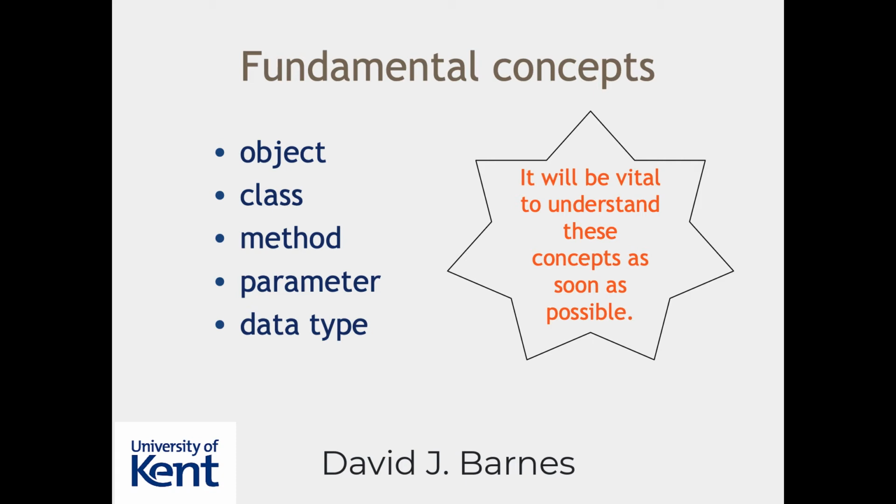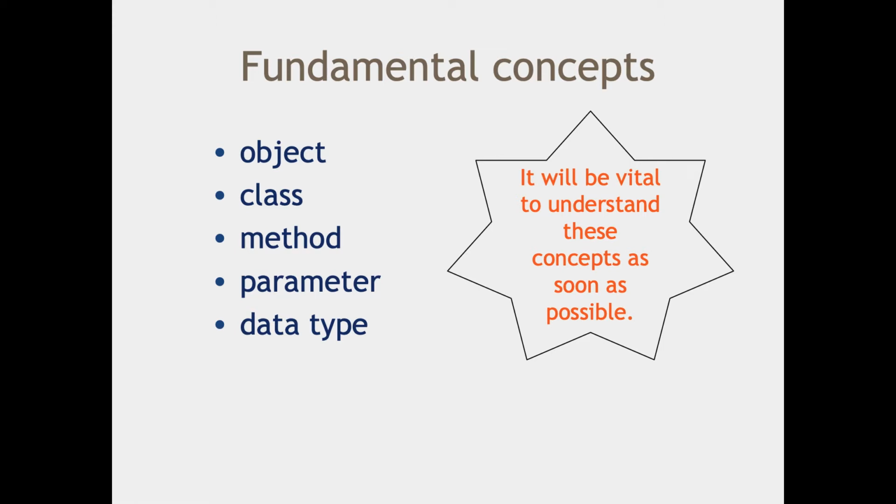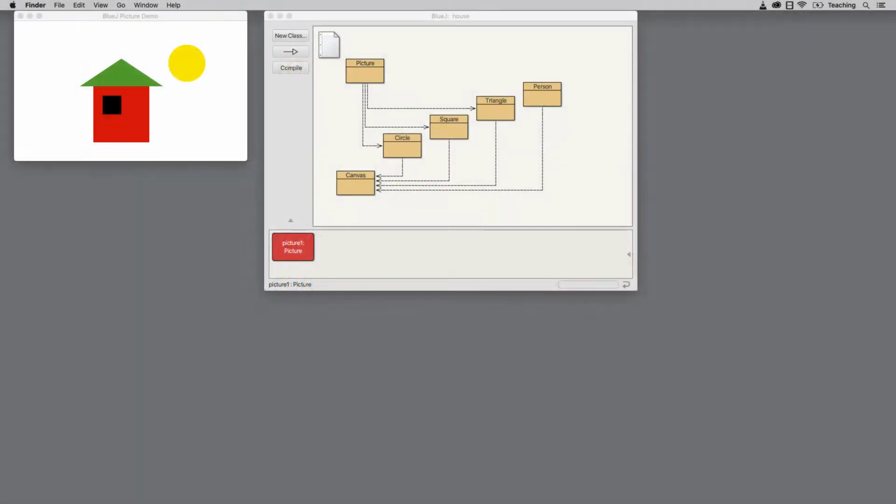In the previous video, we looked at two fundamental concepts, class and object. In this video, we're going to re-explore those two concepts, but we're going to add a few more. We're going to add the concepts of method, parameter, and data type. And we're going to do that by exploring various versions of this project that we saw in the BlueJ setup